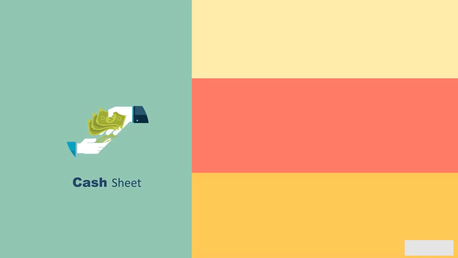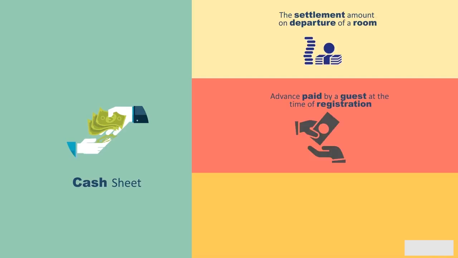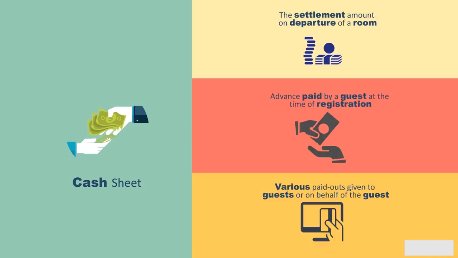The various transactions that are recorded on the cash sheet are: the settlement amount on departure of a room, advance paid by a guest at the time of registration, various paid outs given to guests or on behalf of the guest,